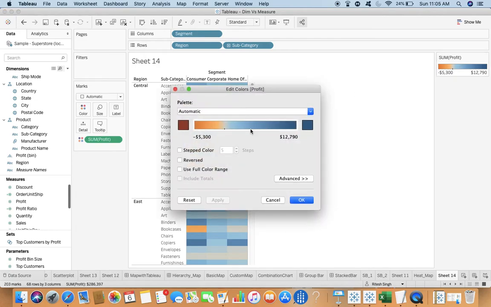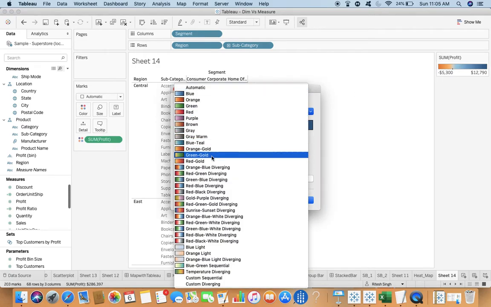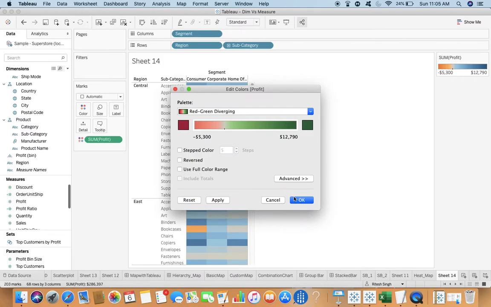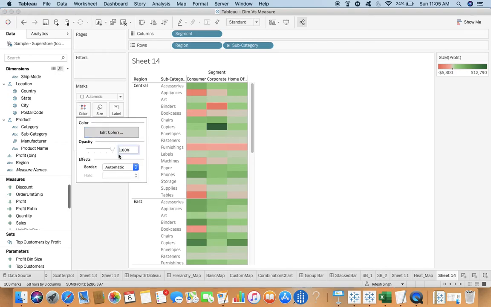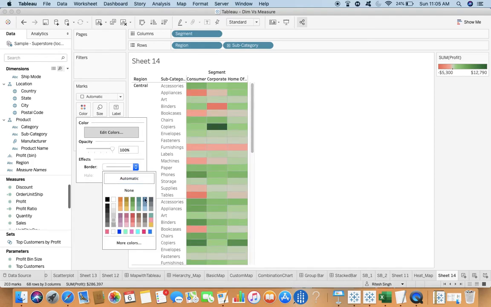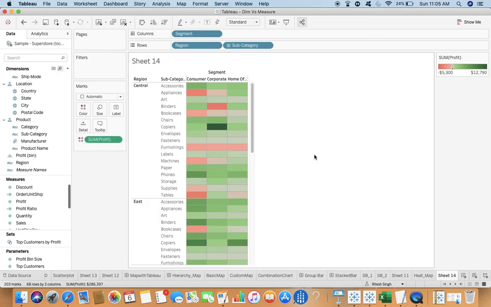Maybe we can have red to green. Also, you have the border option. We can turn that to gray so that you get some proper border over there. That will give you a bit better visual appearance. So this is your heat map.